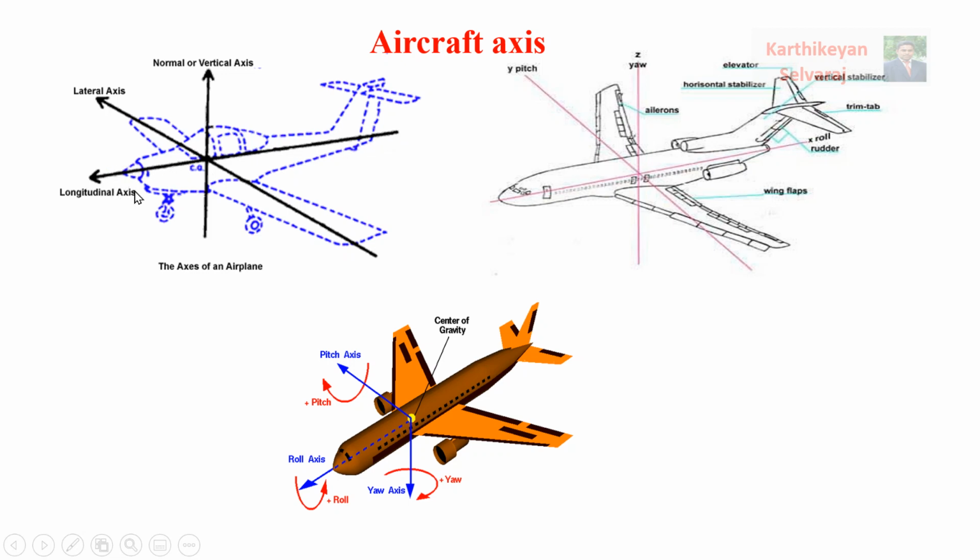called the longitudinal axis. And this is the tip of the wing for the right side. This is the tip of the wing for the left side. The axis which is passing from the right side to the left side of the tip of the wing, the total wing will be covered through this axis, that is called your lateral axis. And normal, vertical or directional axis, all are the same: normal axis, vertical axis or directional axis. All three terms give the same meaning.